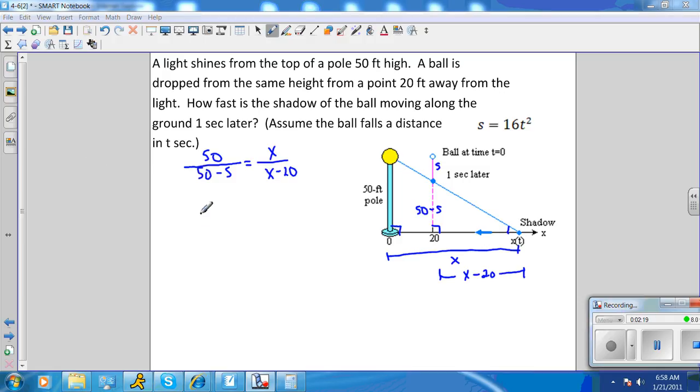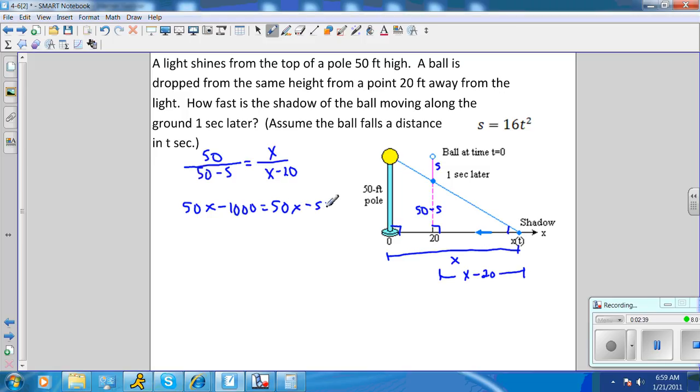If we cross multiply this out, 50 times x minus 20 is 50x minus 1000, equals x times 50, which is 50x